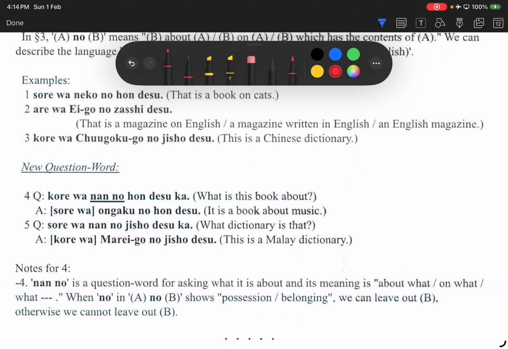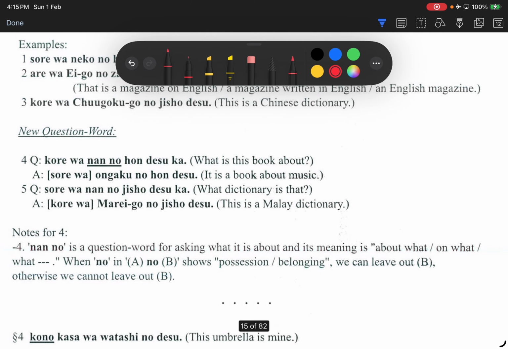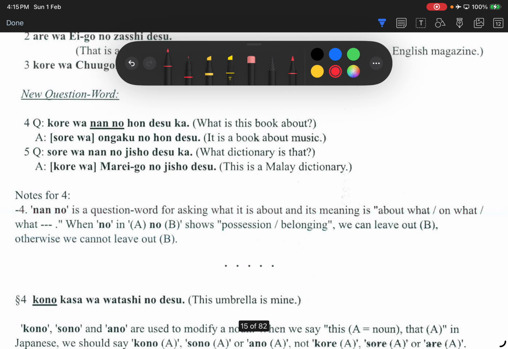Okay, Number 5. それは何の辞書ですか? So それは is our subject. So about that, 何の, so about what? A dictionary about what? Right? So what dictionary is that lah basically? Okay, マレー語の辞書です。